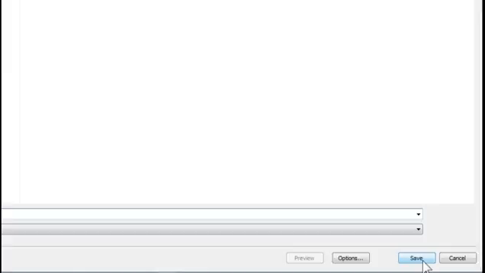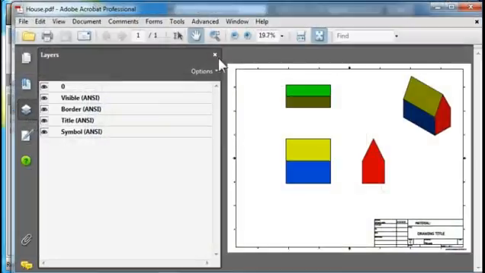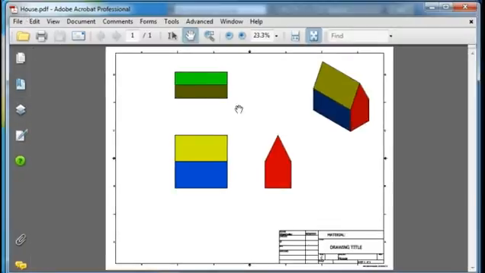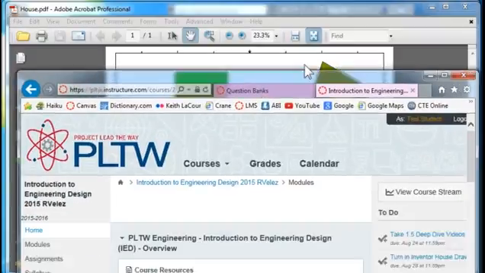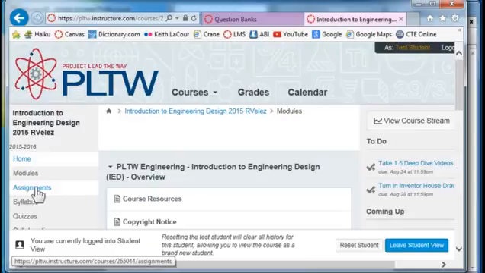So where you created the models, you're going to store this PDF. I'm going to hit save, it'll create a drawing. It's a PDF if you ever used the PDF format. There's a drawing. And this PDF drawing you could actually submit to LMS to complete your assignment. Now that you've created your drawing, you're going to want to submit it to LMS. You're going to open up LMS and you're going to go to Assignments,